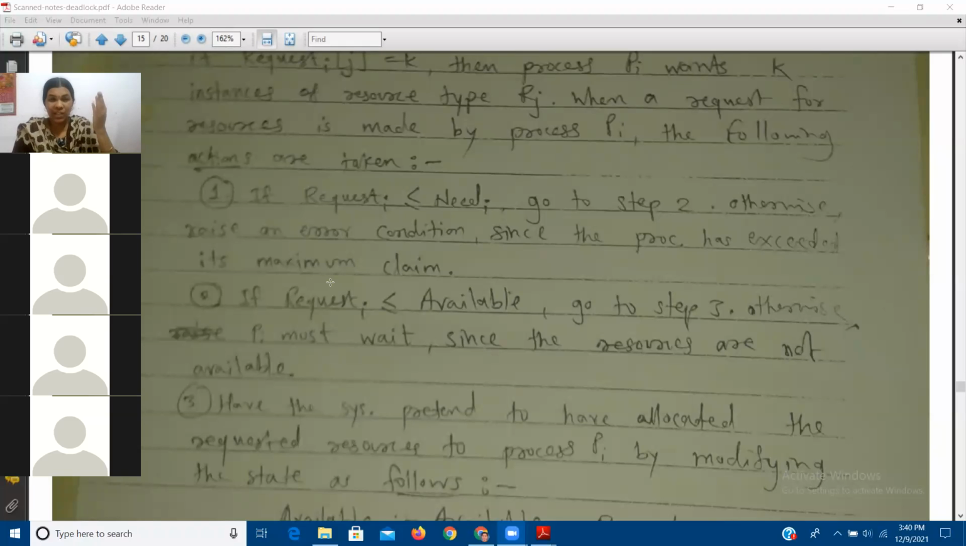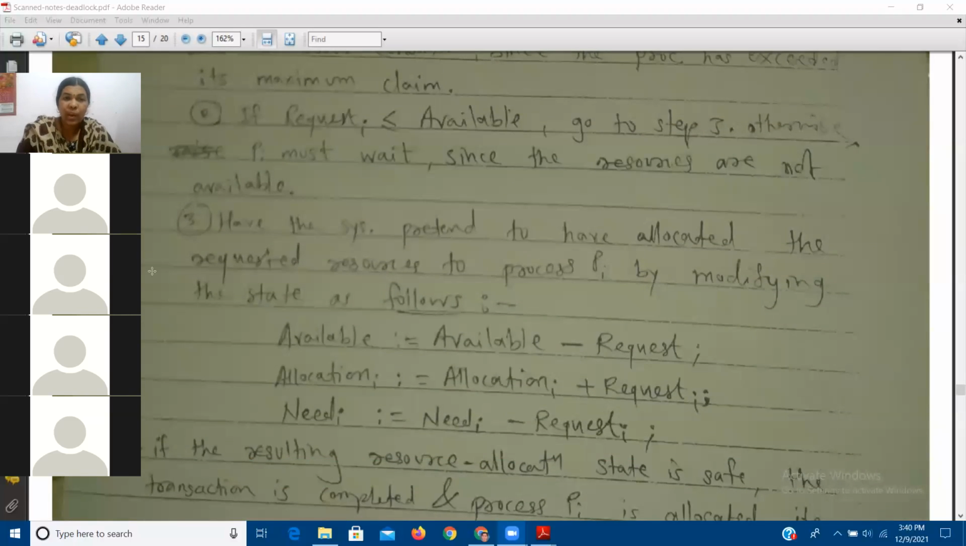So the maximum need, max, is divided in terms of requests, and according to that request I need to check whether that request is less than or equal to need, and whether that request is less than or equal to available. Then only I have to go to step 3. And what is step 3? We have the system pretend to have allocated the requested resources to process Pi by modifying the state as follows. That is, available is equal to available minus request, allocation is equal to allocation plus request,